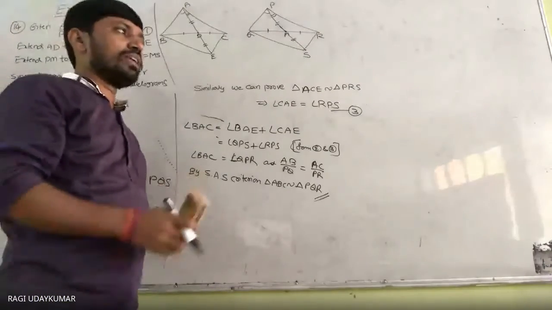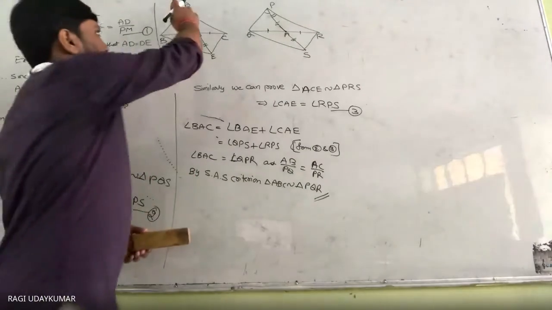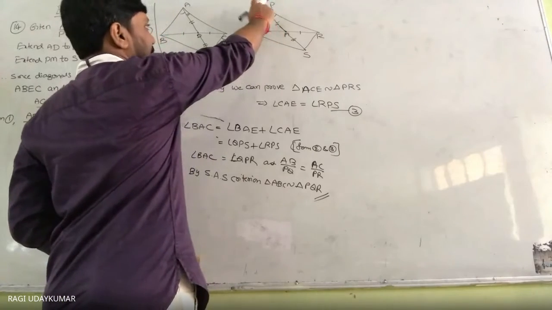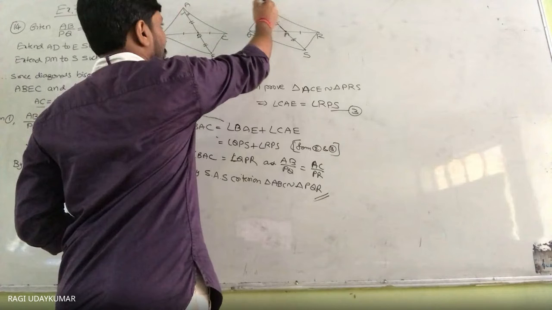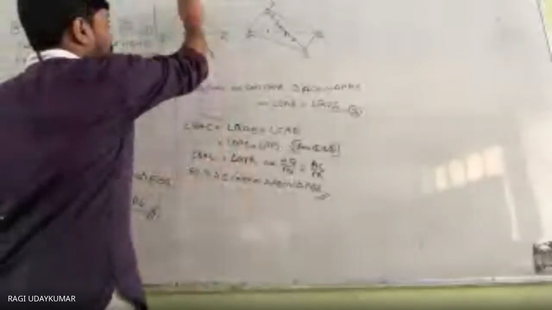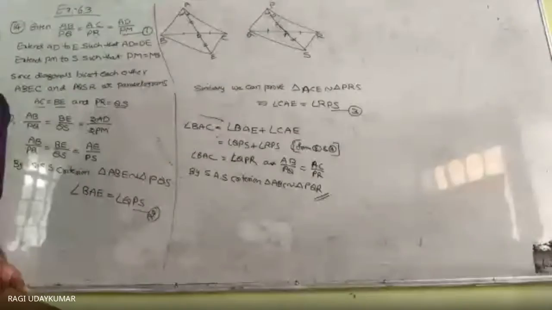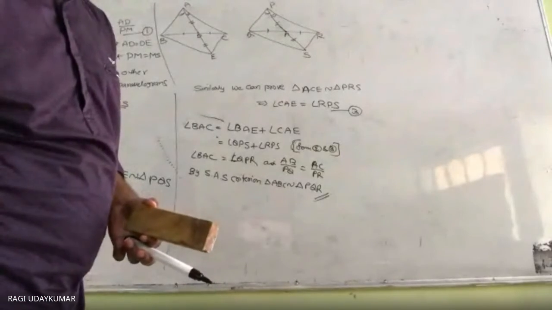Our intention is what here, पीछे से जाना है, बोले तो हमें ये दोनों इक्वल प्रूव करना है, ये इक्वल प्रूव करना है, ये एंगल इक्वल प्रूव करना है. तो this angle equal to this angle प्रूव करना है, बोले तो वो एंगल इंक्लूडेड ट्रायंगल सिमिलर प्रूव करना है. वो एंगल इंक्लूडेड ट्रायंगल्स क्या होगा, ये ट्रायंगल होगा, ये ट्रायंगल होगा, तो इसको एक्सटेंड करना है. So from that point of view, we are going to get this idea. Okay.